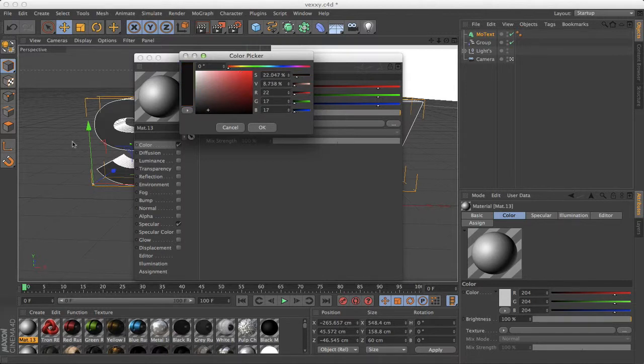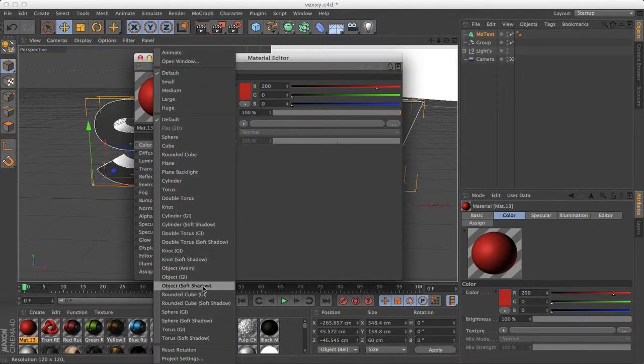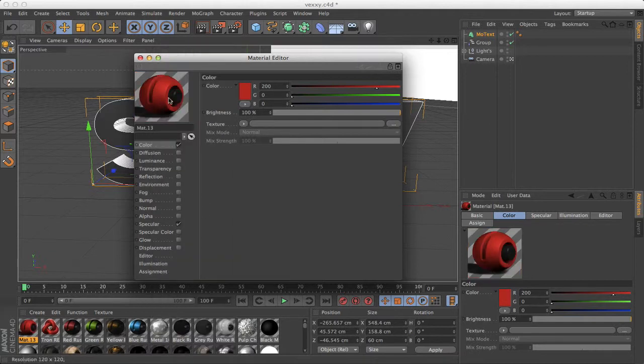Black is a good color that can go on the front of the text, and I recommend using red if you're gonna add effects to it, because when you add a color correction in Photoshop, it actually affects the red text. So we're actually gonna do red. Let's do a darker red. After that, you right click on this, and you go to object soft shadow, and it makes it like that,